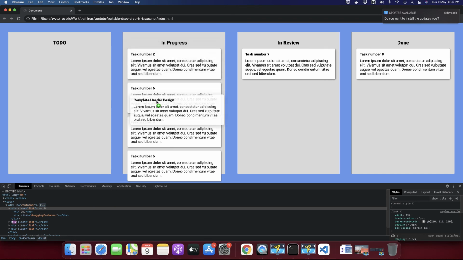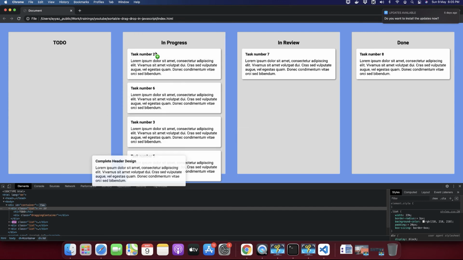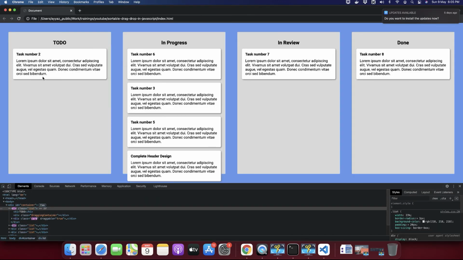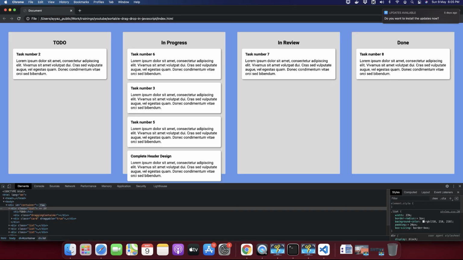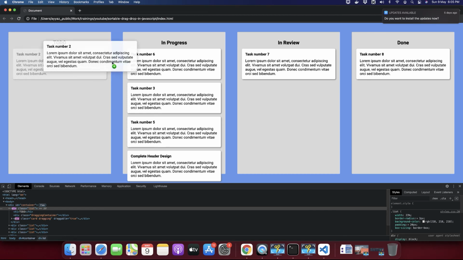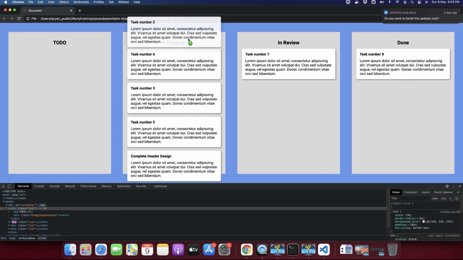But if your card is below this card, below the center, then the value will start to become positive. So in the start, for example, if you are trying to put this card before the first card of this list, then